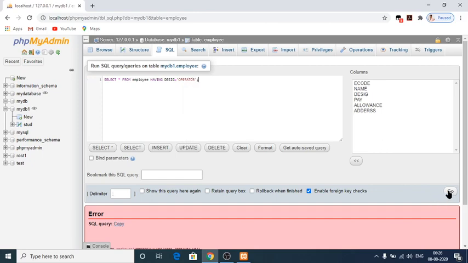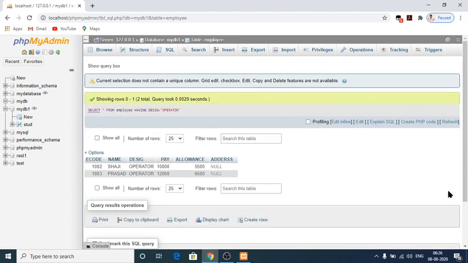So let me execute this one. Yes. So those who are operators, that person's details alone have been retrieved with the help of this having,